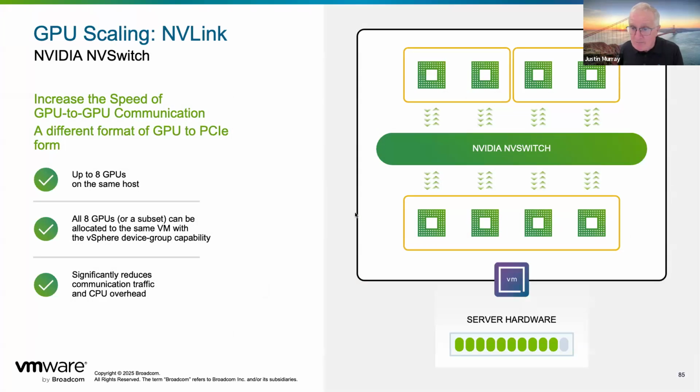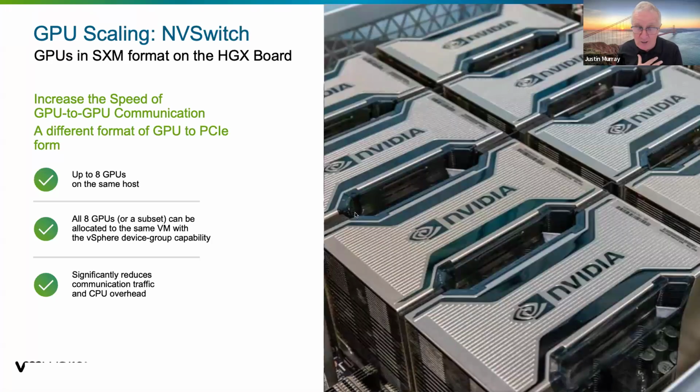We can go even further than that. We can take all 8 GPUs that are on an NVSwitch setup here. That's an internal switch on a board built by NVIDIA called the HGX board. And all 8 GPUs can talk to each other if we so choose. Or we can segment them up into groups of 2s or groups of 4s and allocate those groups, which we call device groups, to individual VMs. So we can allocate the entire board of 8 GPUs to one VM, or we can segment them up into subgroups and give those to a VM as well. So as you can see, we're quite sophisticated in allocating modern multi-GPU systems to VMs.